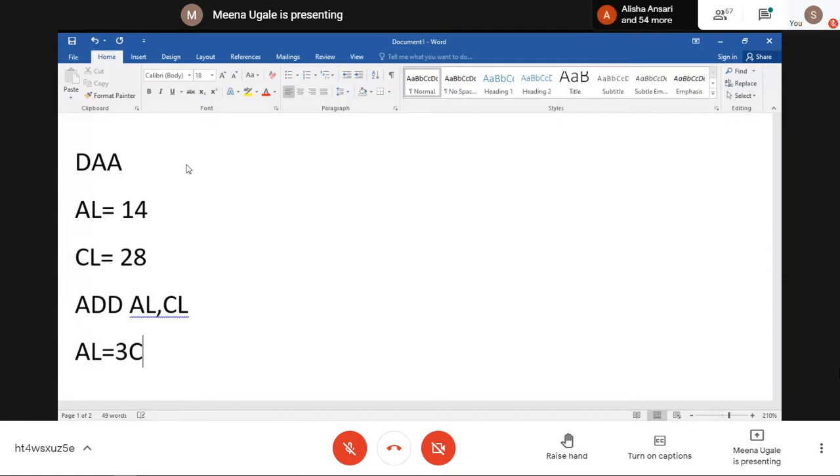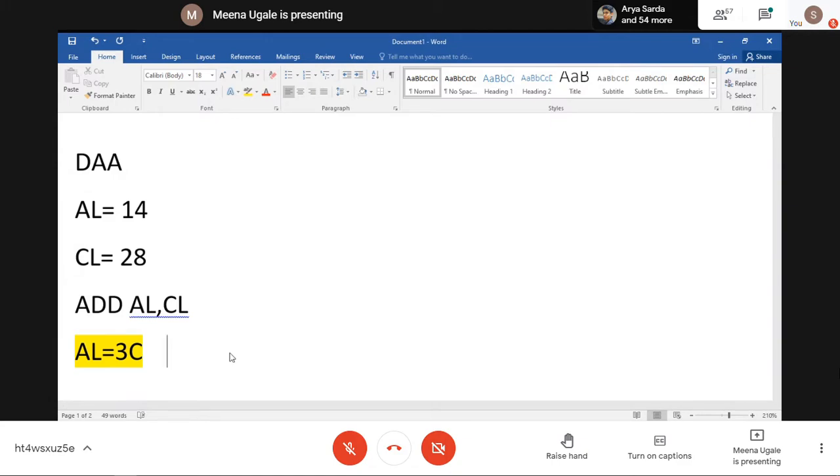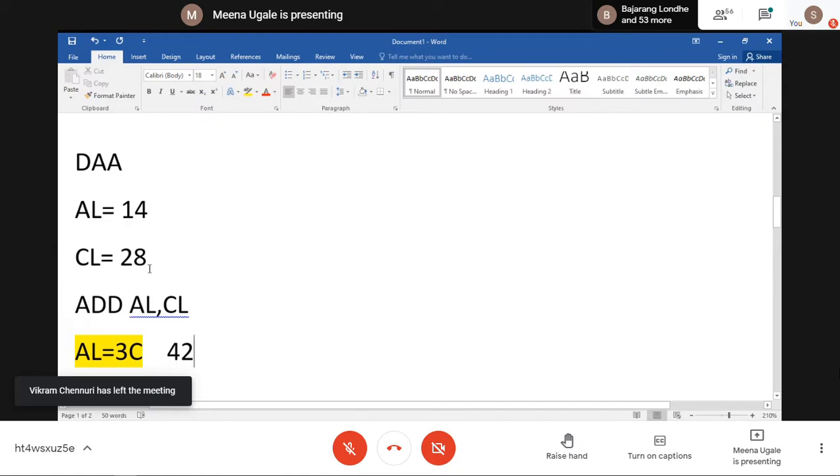You can understand here. 4 plus 8 will be 12. 12's hexadecimal will be C. And 1 plus 2 is 3. So the final answer I am going to get here is 3C. But I am interested in getting the decimal value. What I am interested in is that I should get the value 42, because this is 14 plus 28. I am interested in getting this value.